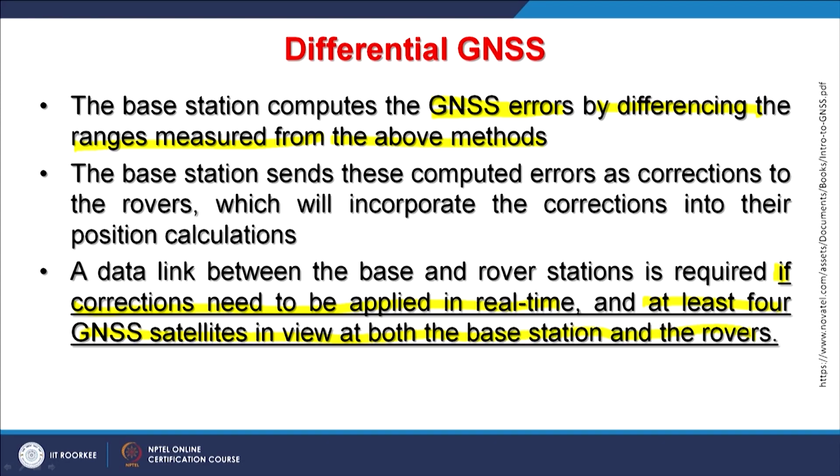That is why sometimes the baseline, or the distance between this stationary base station and a roving station, is kept such that they are not very far apart, and therefore they will have access to the same set of satellites. And if this happens, then we get better accuracy.